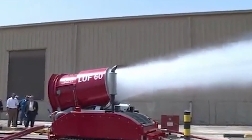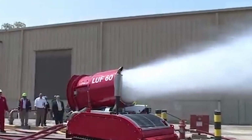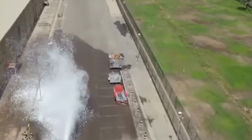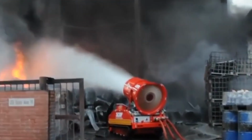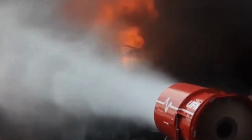The Luft 60's advanced vibration technology provides uniform and consistent compaction, reducing the risk of weak spots or inconsistencies in the material. The machine's robust design and powerful engine make it suitable for demanding applications, including road construction, foundation work, and land grading. The Luft 60 is also designed with operator comfort in mind, featuring ergonomic controls and a user-friendly